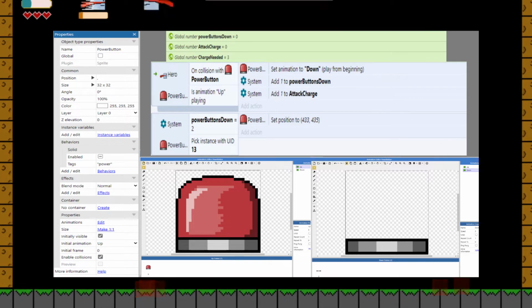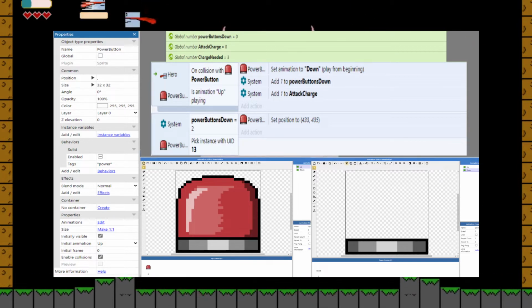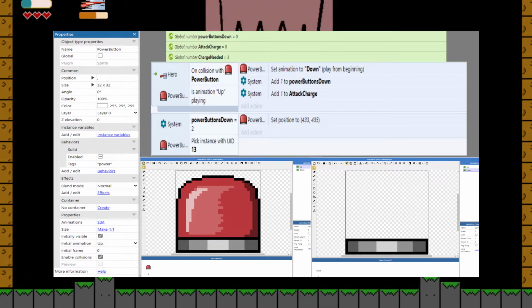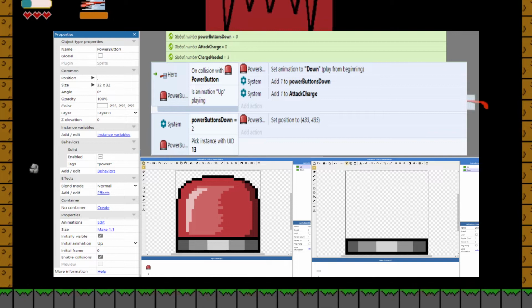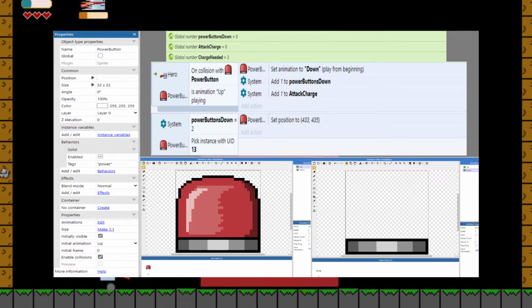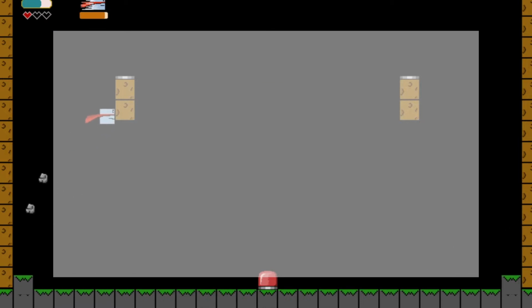Then I use globals to hold all of my values. So I just edit those up by 1. Those are both called power buttons down and attack charge. And if power buttons down reaches 2, that means I've touched the 2 visible power buttons, and that is when we call the place the third one. And I simply just set the position, but I have to call that one specifically by UID since I am using the same instance of 3. So that's the only time I specifically call out a button, when I bring the third one on screen and then off screen again. And then once you collect that third power button, you can press space and fire the